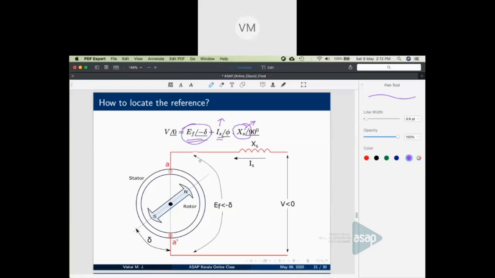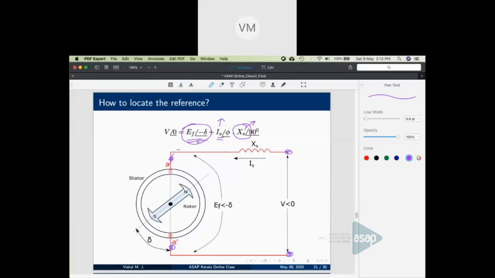Can we put a voltmeter here? See, this is EF at angle delta. Can I put a voltmeter or a CRO here and find out? Actually, that is also not possible. Why? Because this terminal is a fictitious terminal. This terminal does not exist in real life. This is the only terminal which is accessible to man. Here we apply voltage V. This EF sits behind the stator synchronous reactance, so this terminal is not accessible at all to a human being. We can only access this point, where we apply V. So measuring or calculating EF is not possible.